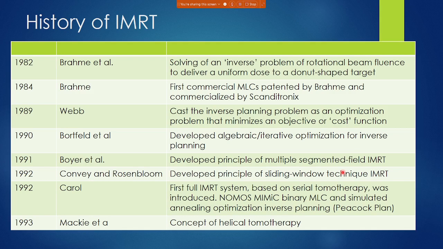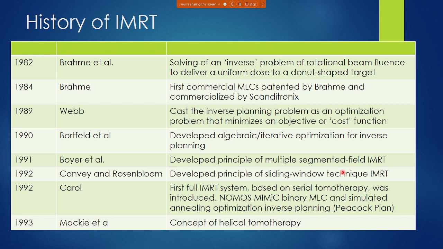Going into the history of how the algorithms were developed for IMRT, it was the concept given by Brahme et al. He was solving the inverse problem of rotational beam fluence to deliver a uniform dose to a donut-shaped target. I will show you in the next slide. And then in 1984, the first commercial MLCs were generated and patented by him,